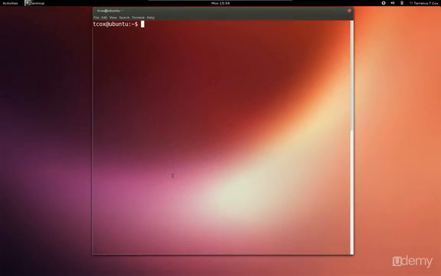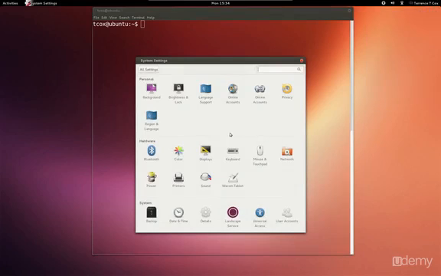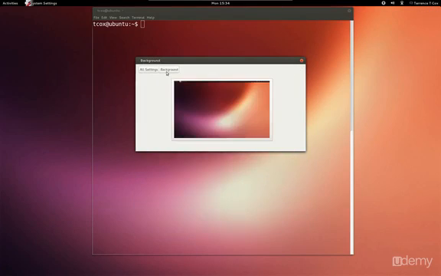So now that we've installed our GNOME desktop and picked the GDM manager so that we can log into GNOME, let's look at some of the ways that we can customize our system. GNOME has a very limited number of customizations that are available through the system settings. In fact, you can't even change the background